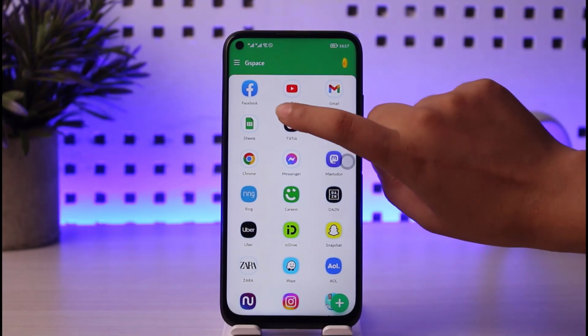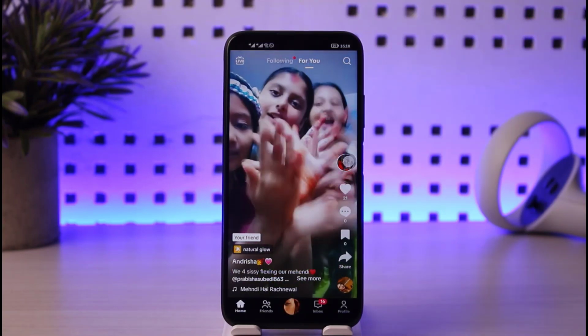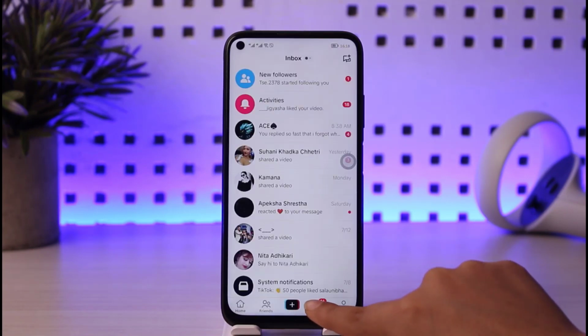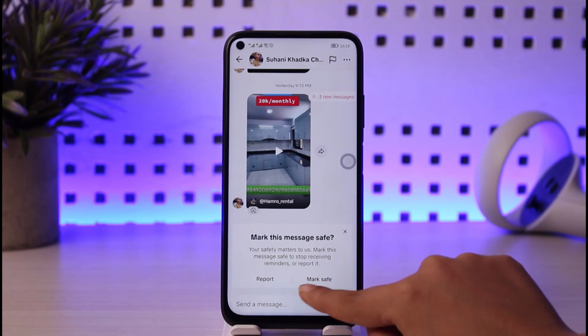For that purpose, first of all, let's open our TikTok app. Once the TikTok app is open, it's going to look like this. So you're going to tap on this inbox icon which is over here. You can see this. So if this is the person that I would like to send a picture to, I will